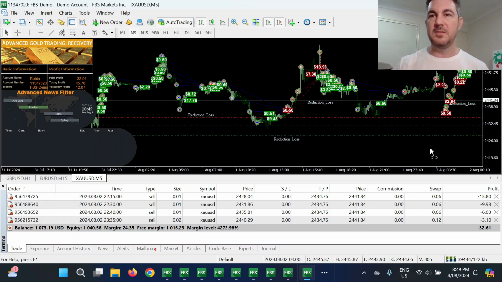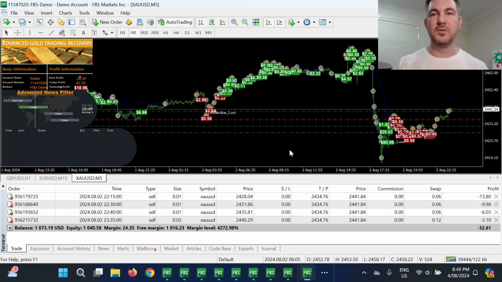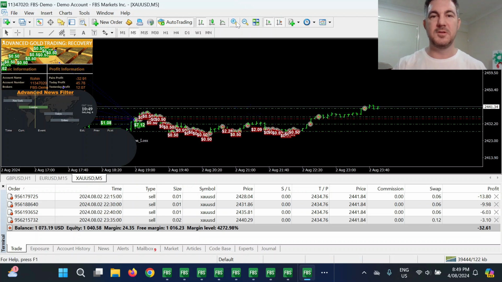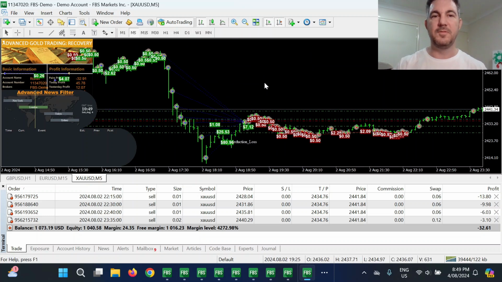So it's a very careful gold trading robot, and I'm really liking it so far. So I'll let it trade this big dump here, and it handled it no worries at all. So I'm really, really curious to see how it's going to go long term, but so far so good. Thumbs up. And last but not least,